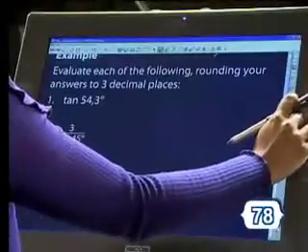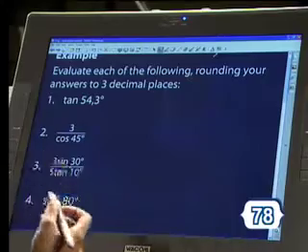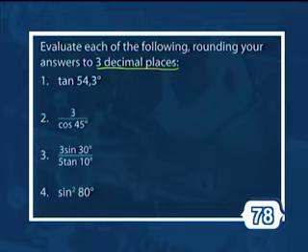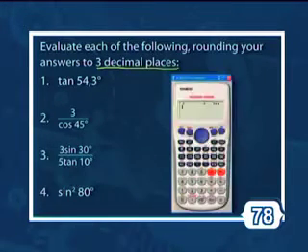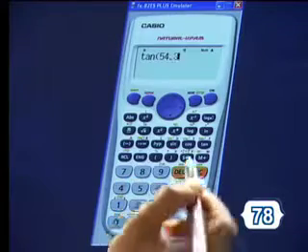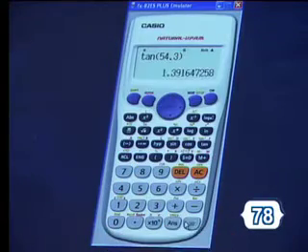We are now going to do some of the calculations in your workbook using our calculator to help us work out the answers. This is all on page 78 of your workbook. We are first asked to evaluate tan of 54,3, and they would like it rounded off to 3 decimal places. So all we are going to do is write down the question exactly as it's given to us. So I'm going to type in tan and then my degree, which is 54,3, and hit the equals button, and we get an answer of